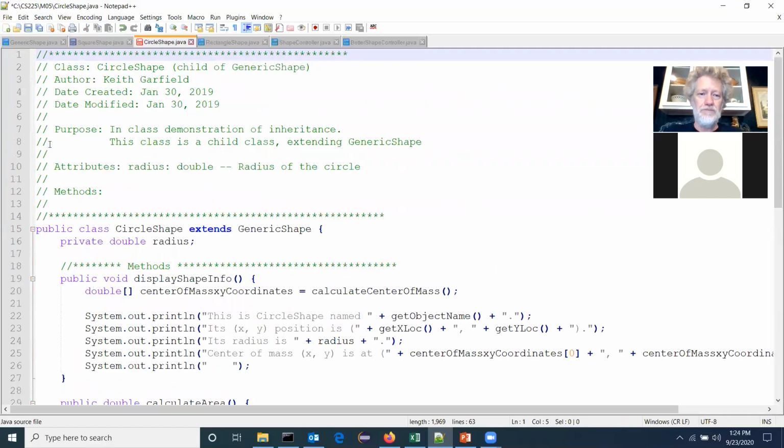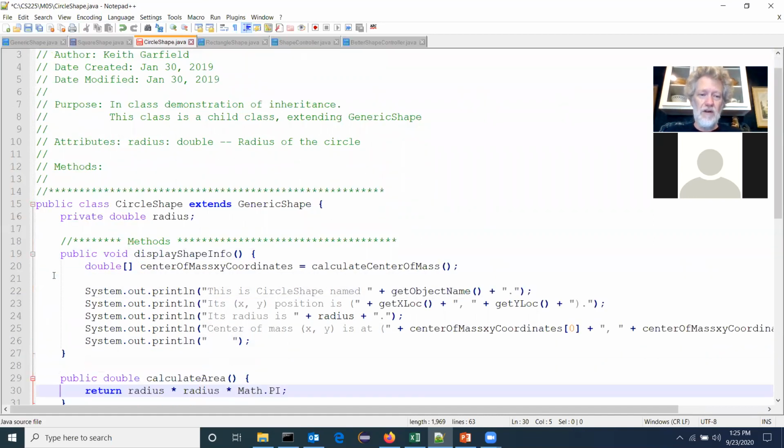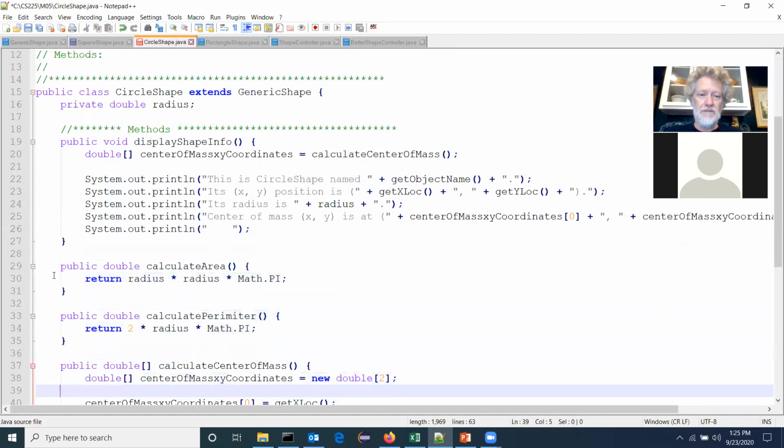So far, so good? Okay, so circle shape extends generic shape. What attributes does the circle shape have? X location, Y location, object name. Got those from the parent, and radius. And then I rewrote all of the methods